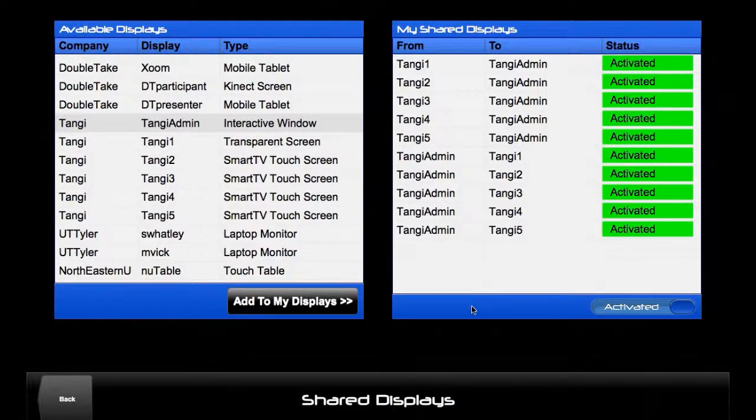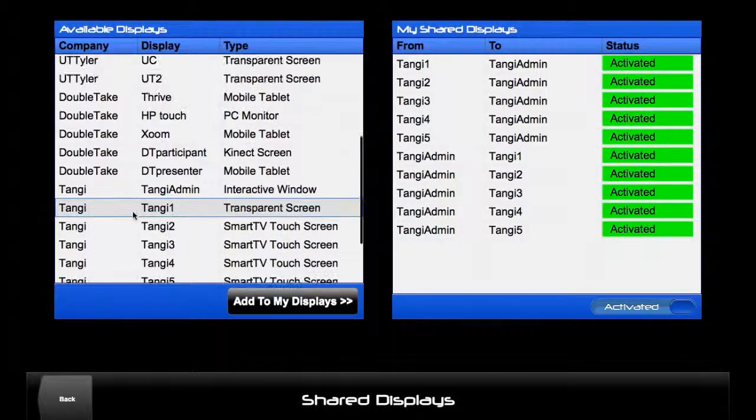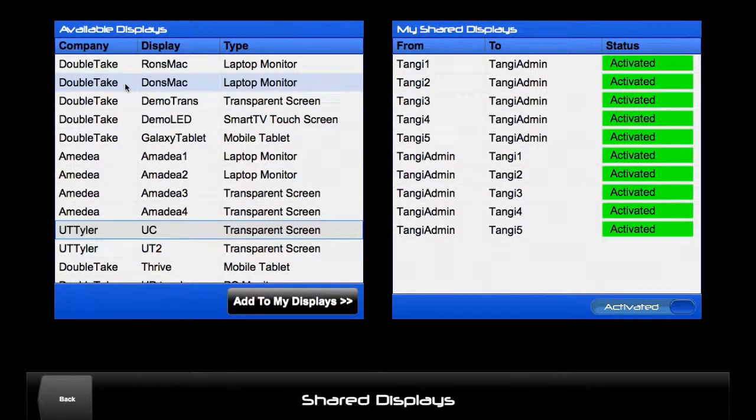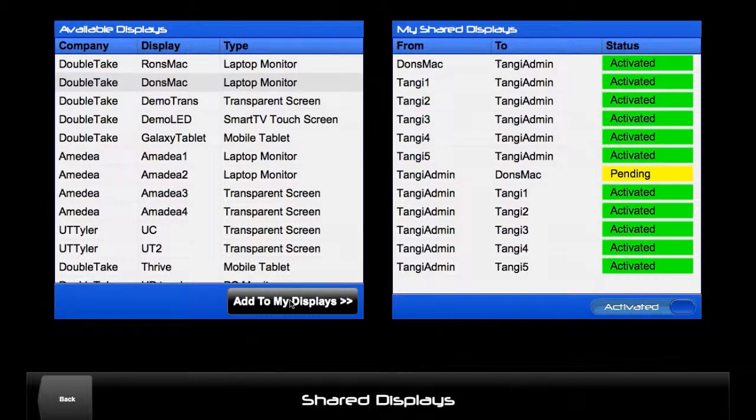If I wanted to have my Don's Mac be able to throw content from my computer here in Houston and have it appear on a transparent screen down in Louisiana on the Tangi 1 screen, for example, I could actually just select Don Kerr, Don's Mac, and select the Add to My Displays button. And you'll notice that Don's Mac is now shared with Tangi Admin, but Tangi Admin to Don Kerr, meaning them sharing their stuff with me,